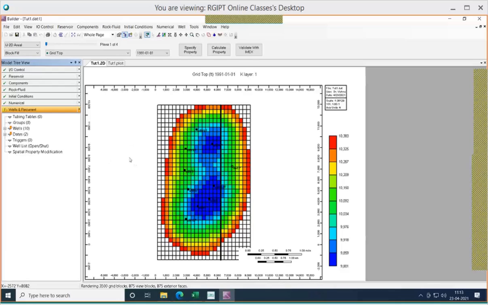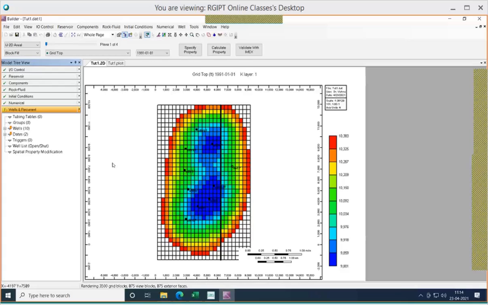Now, we have some production data available from different wells. After making the model, we will be simulating the model for a certain period of time, and if we have production data, we go for history matching.